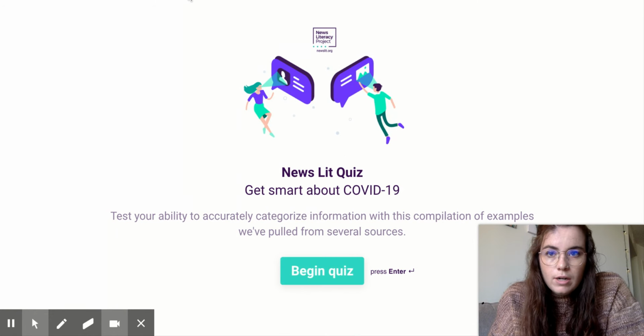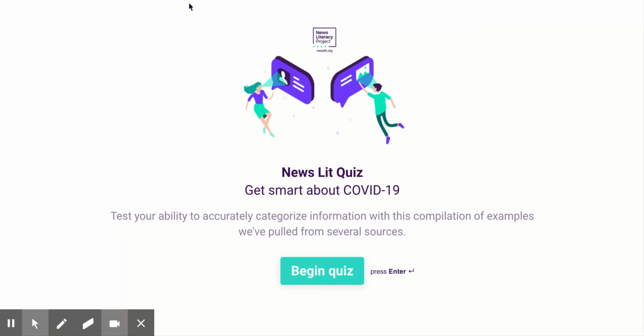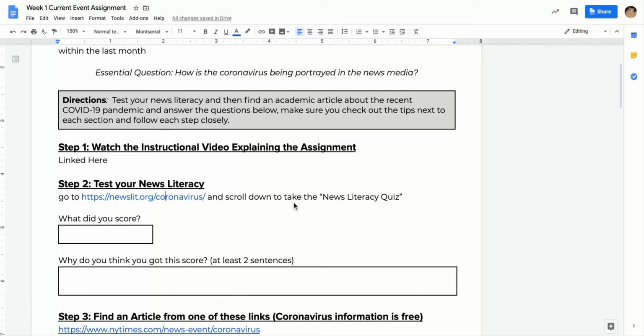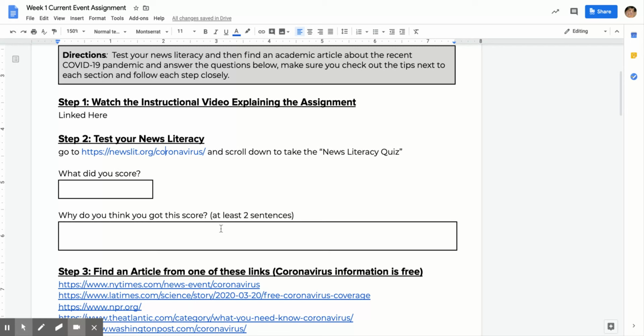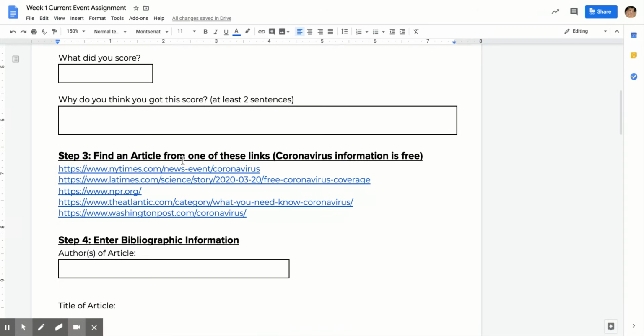Once you get your score, you will go back and plug that in here to the What Did You Score tab. And then, why do you think you got that score? At least 2 sentences to answer that question.